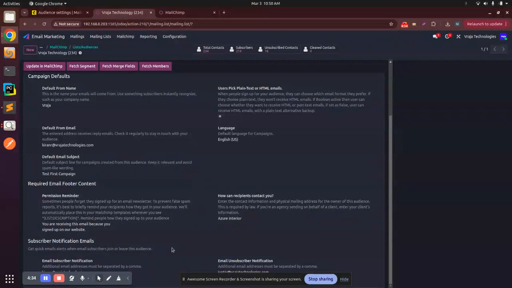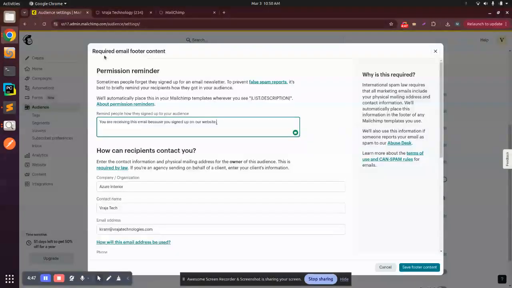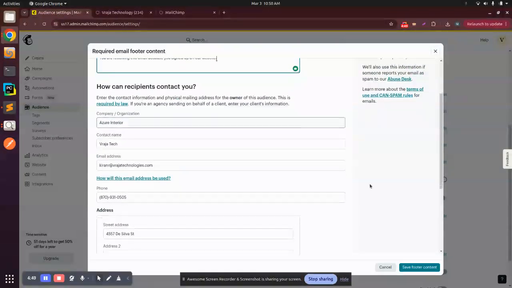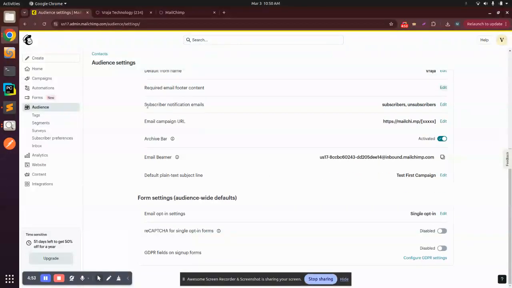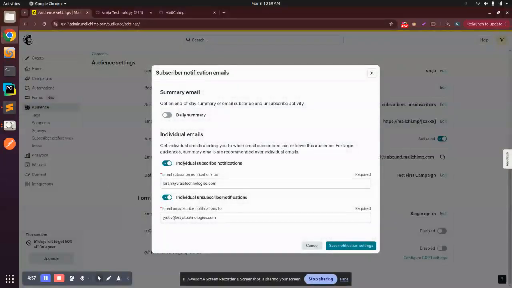Next is your subscriber notification email. So in subscriber notification email, we have two things to understand, that is, first is email subscriber notification. So whenever the subscriber notification emails are imported, let's go over here. When the subscriber notification emails are imported, we have two things over there, that is subscribers and